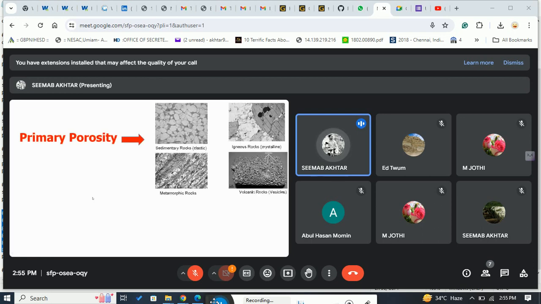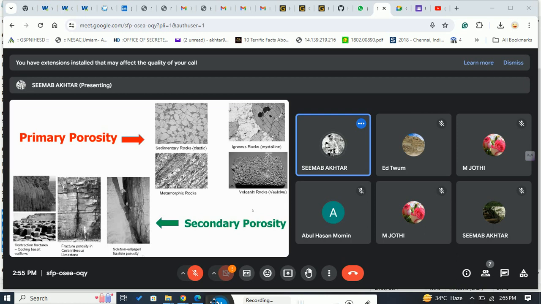Primary porosity is found in sedimentary rocks (clastic), igneous rocks (crystalline), and metamorphic rocks. In metamorphic rock and volcanic rocks, you will find the primary porosity during the formation of the rock. Secondary porosity: you can find the contraction fracture, columnar basalt, fracture porosity in carboniferous limestone, solution, large fracture